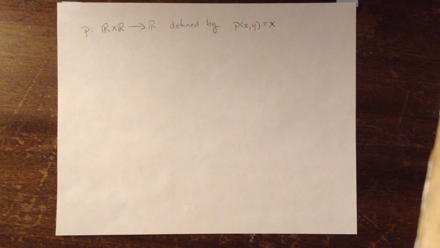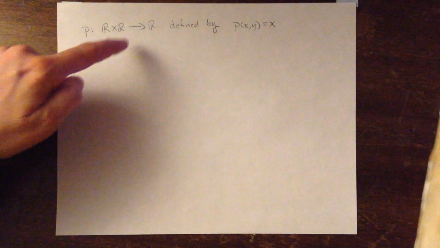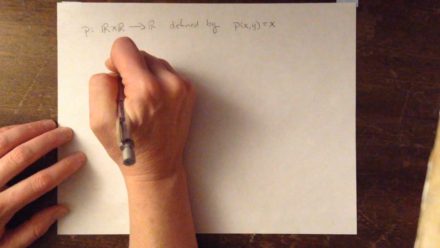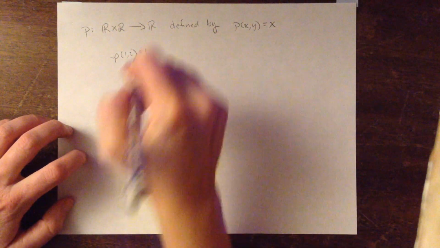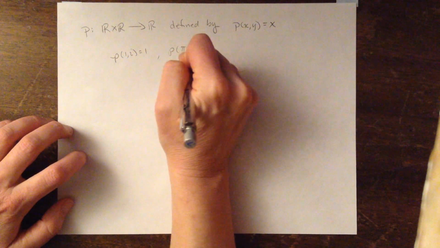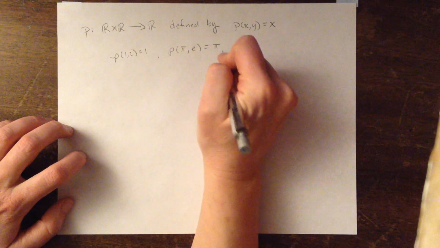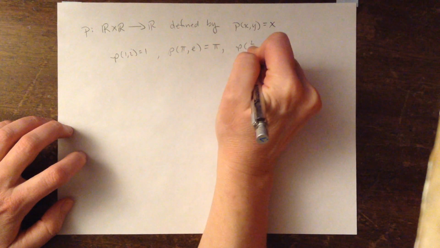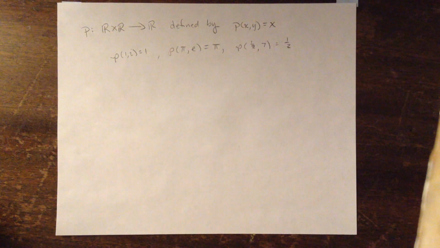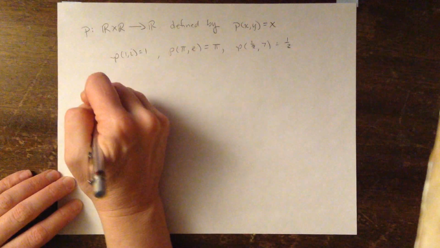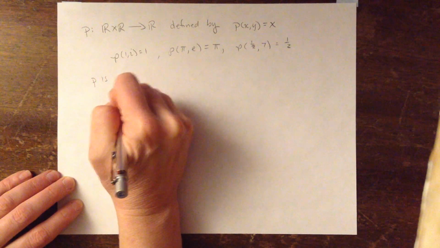So if you wanted to send an element of the domain to the codomain, for example, P of 1, 2 would be equal to 1. And P of pi, e would be equal to pi. And P of 1/2, 7 would be equal to 1/2, and so on. So you take an ordered pair, a point in the plane, and it gets sent to the x coordinate of that point. This function is onto, or surjective,